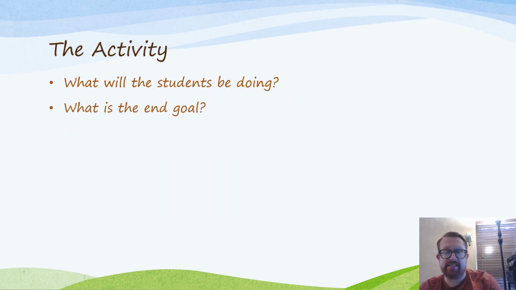And then lastly is the activity. What are the students going to be doing? What is the end goal? Usually in this case with the activity, you want to tie it to the standard that you picked for the objective. So the way that we do this is